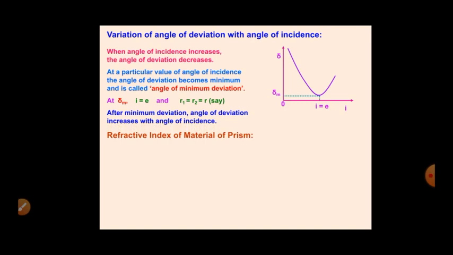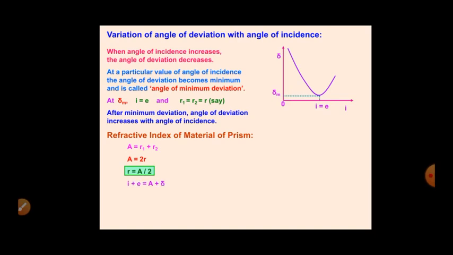Up to now we have calculated some properties of the prism. The angle of prism we already know, and the angle of deviation we can now calculate using the angle of incidence and angle of emergence. So how can we calculate the refractive index of the material of the prism? As A is equal to R1 plus R2, and R1 equal to R2 for the minimum angle of deviation, that is equal to R, we can write A is equal to 2R, or R becomes A by 2.